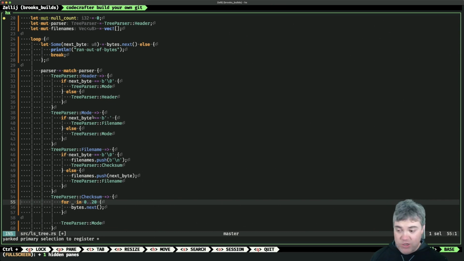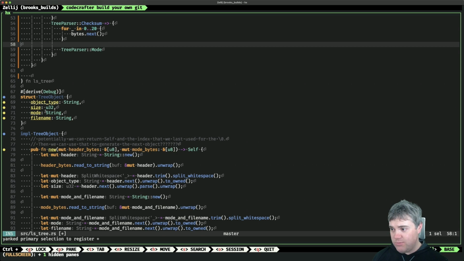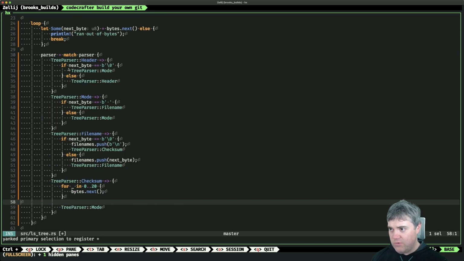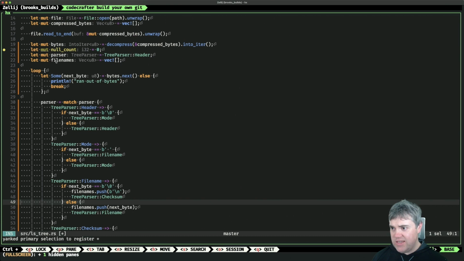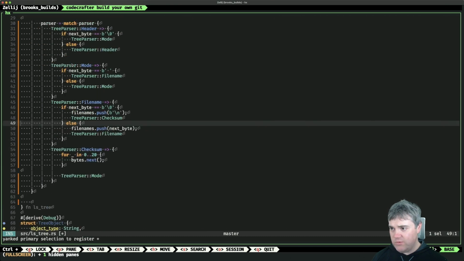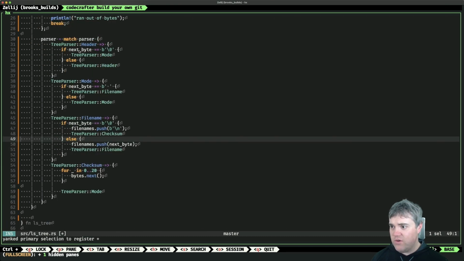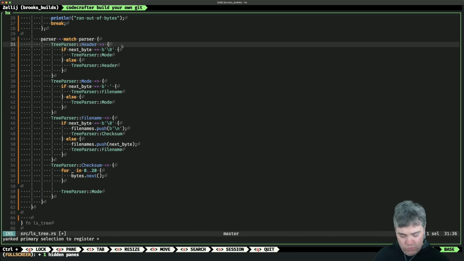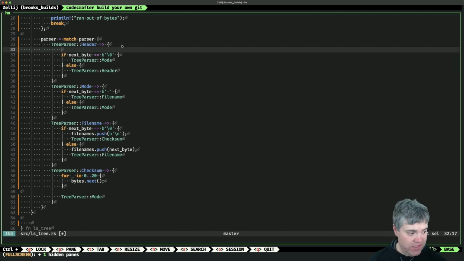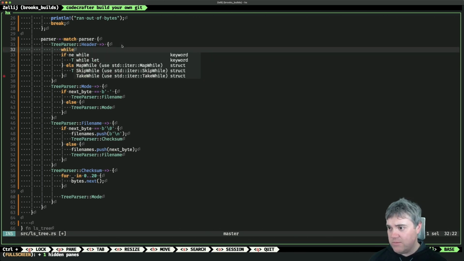We could pack it into a struct. Yes, I could put it into like this tree object type thing. I'm not really sure I need to, because I think just the list of file names might be all we need from this. So here, okay, if the next byte is that, then we return that we're in mode. Otherwise, so what if I change each of these to now do like a while